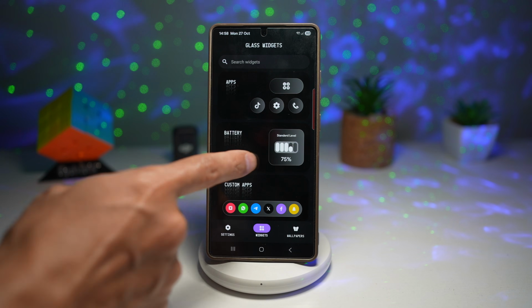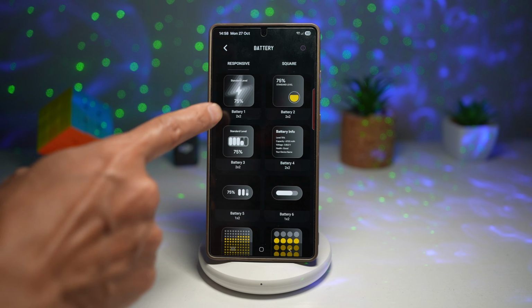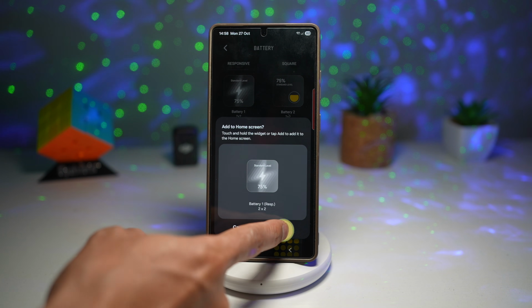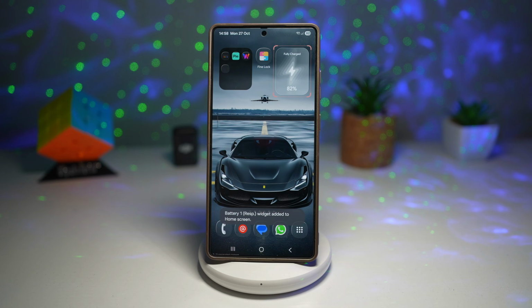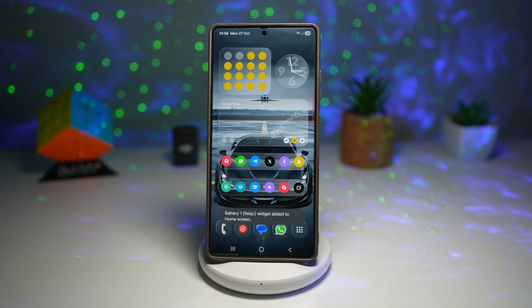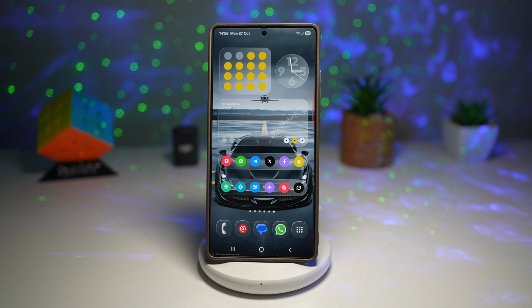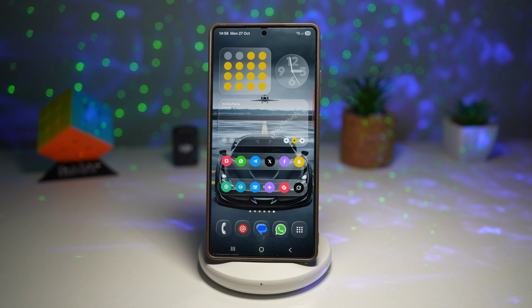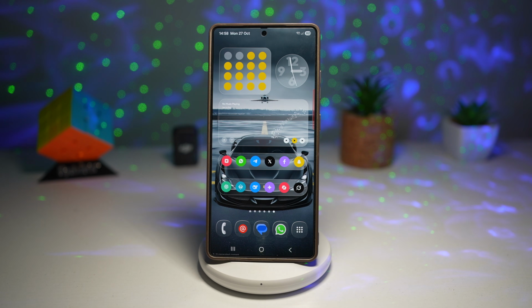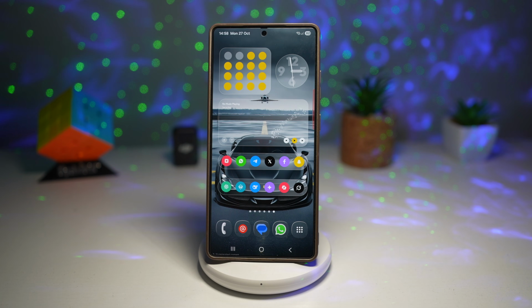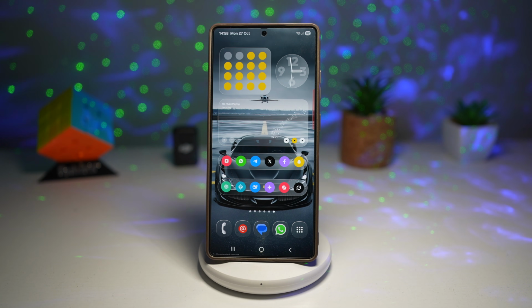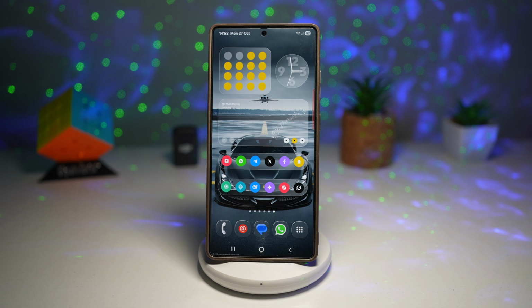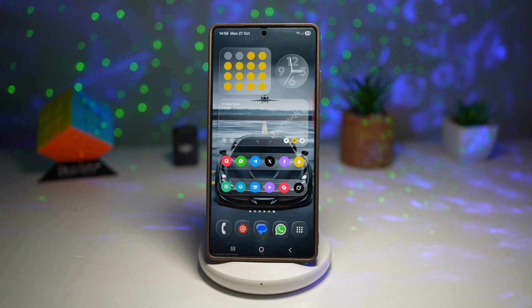If I go back to widget, if I want to add a certain widget, for example this one here, I can tap on add, and this will be added to my home screen. There you go. As you can see, this gives a sleek and modern look that matches your Galaxy One UI design. It improves visibility while keeping the screen clean and minimalistic. It works with dynamic color themes for perfect visual harmony. It makes your home screen unique and aesthetic, and you can even make glass icons with parallax wallpapers for a